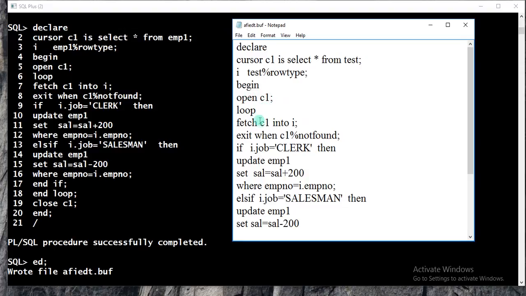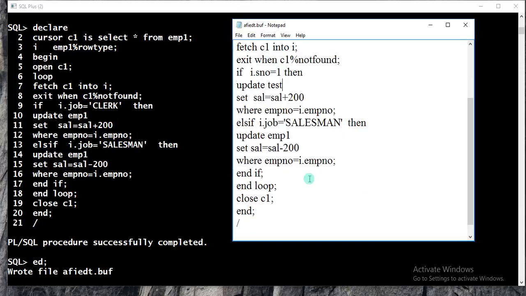Now here, same program, just modifying the table name and these columns. Here the column name is S number. Instead of clerk, we will use 1. Now the same EMP1, here also test. Now here salary plus 200. Now here also just modify S number, here S number.